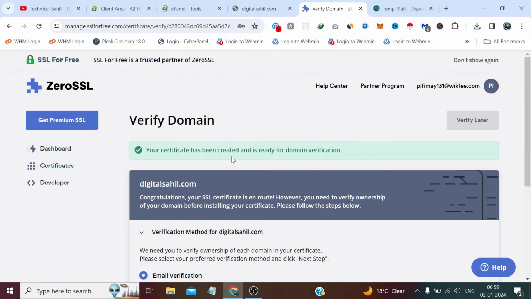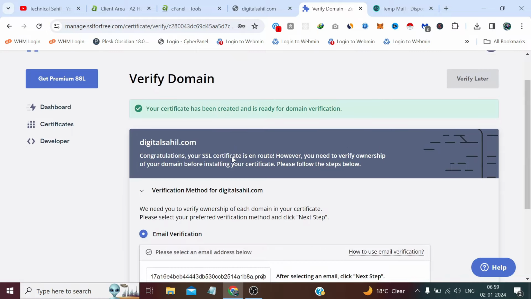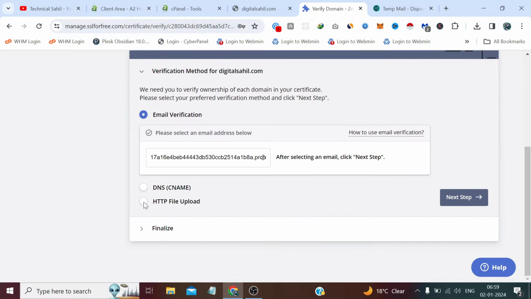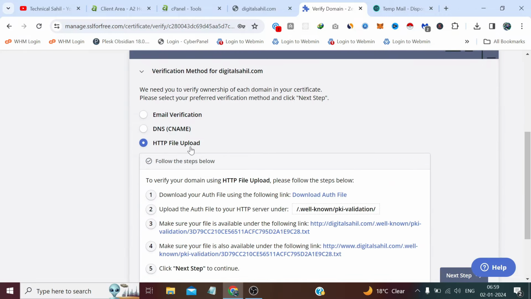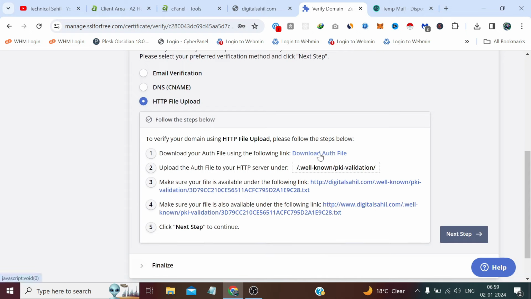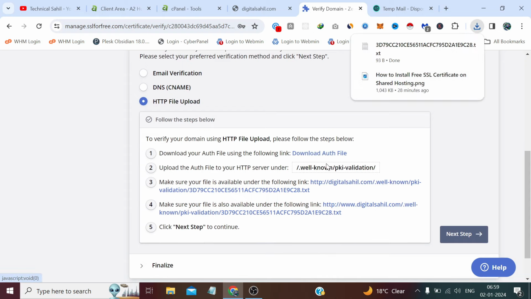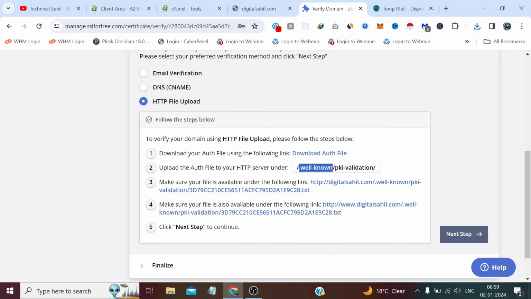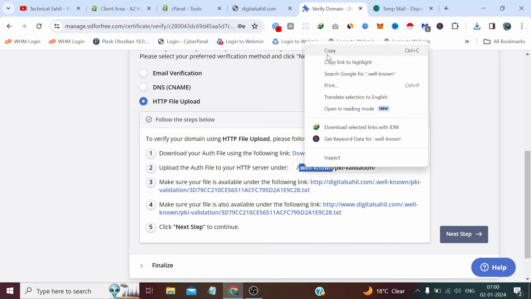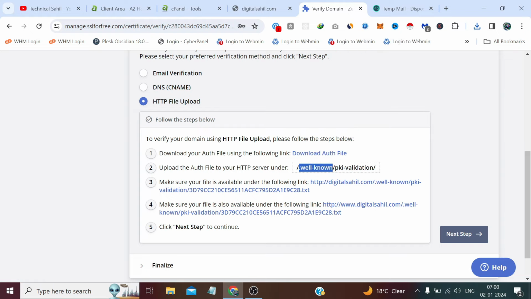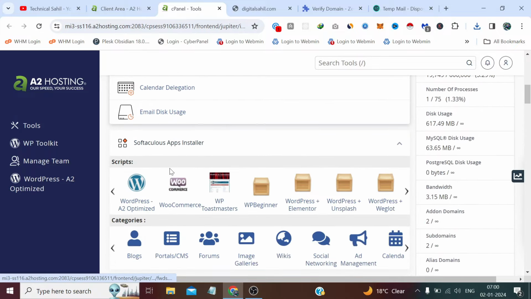Now your certificate has been created and is ready for domain verification. We are going to use this HTTP file upload method. We first need to download this file and now copy this dot well-known. Don't leave this dot. Now go to your file manager,